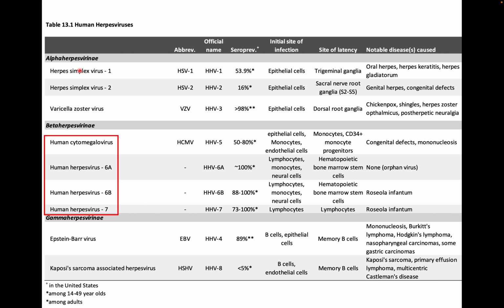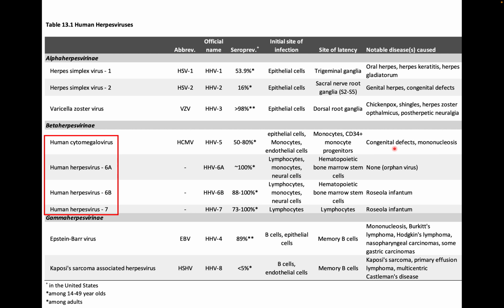All right, so those are the alpha herpesviruses. Now we're in the beta group here, and this includes human cytomegalovirus, and then human herpesvirus 6A, 6B, and 7. And we're going to go through these all together as a group. You can see very high seroprevalence for basically all of these. We're going to focus mostly on cytomegalovirus because it can cause, in rare instances, some significant congenital defects, and also